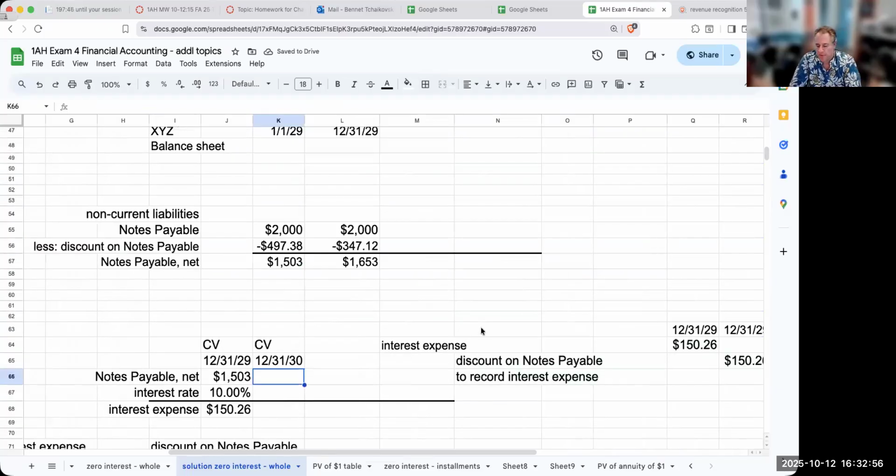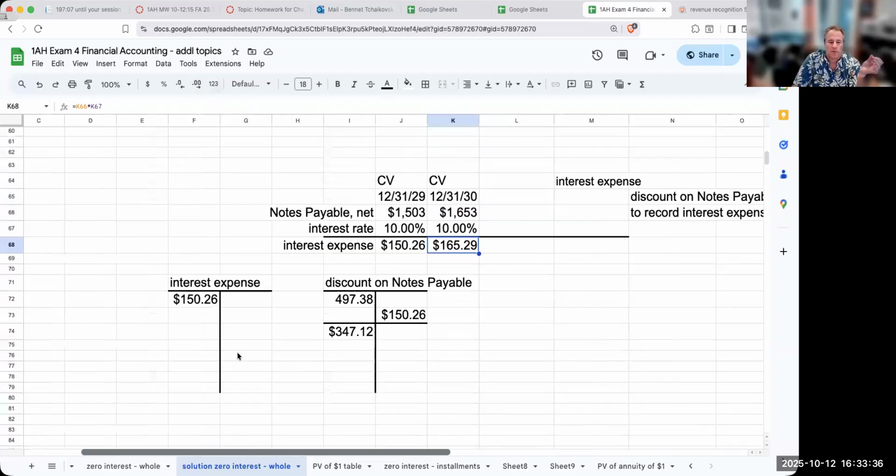So my notes payable net now has a carrying value of 1653. I need to record interest expense because really what this represents is borrowing money. So with accounting, if it's a zero interest, if there's nothing being shown, you have to see through that and say, no, this really represents a borrowing amount. So when you see something like a zero interest rate, you'd have to go through and do this computation under GAAP. Okay. So now we have our carrying value, or basically our interest expense is going to be